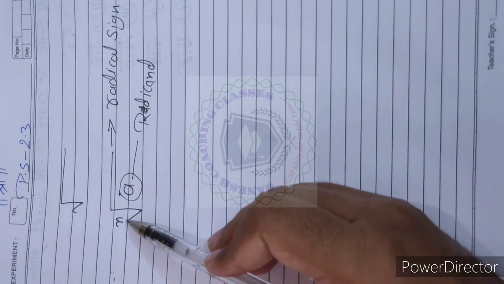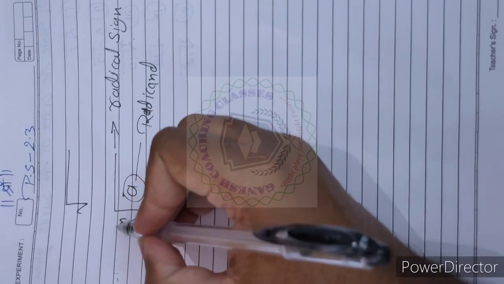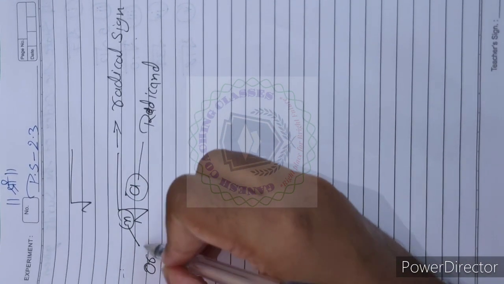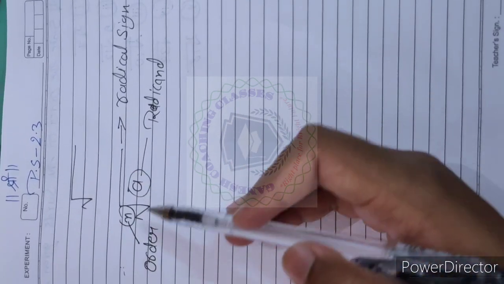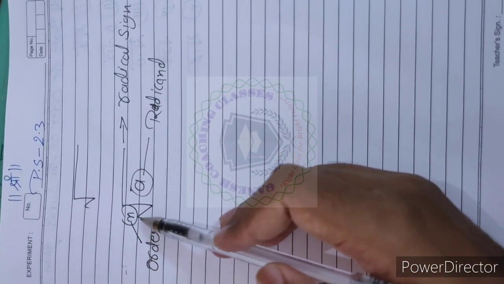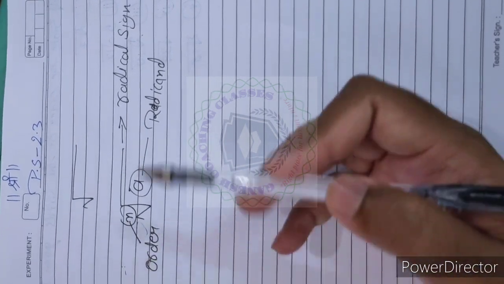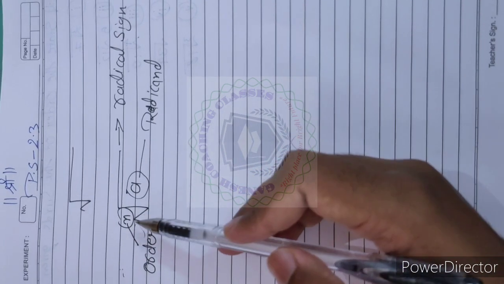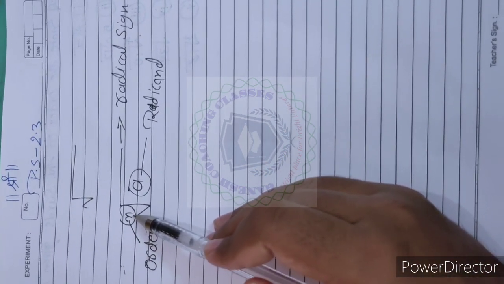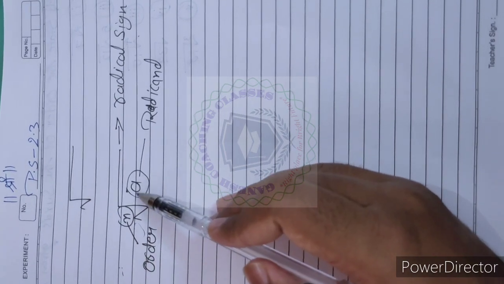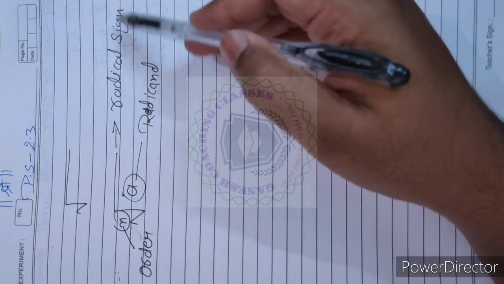And the number which is present here, at the top of this sign, is called the order. And there is another number which comes before this sign; that number will be called the coefficient. So the number present here is called the order, the number inside is called the radicand, and this sign is called the radical sign.